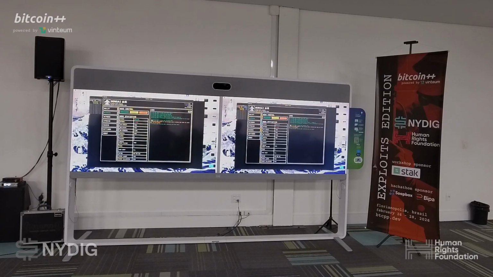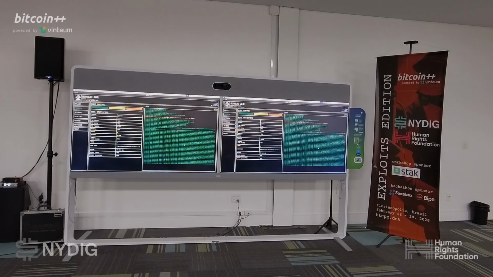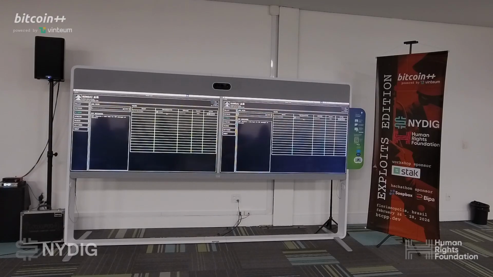So here inside this application, you have a full node running. You can see the logs here. Here we're doing header sync. You can check your peers.